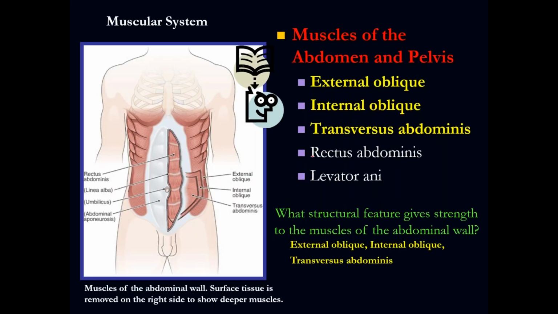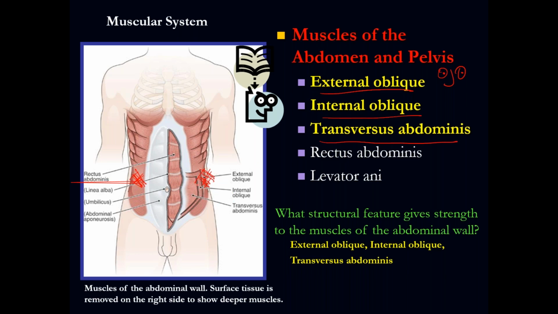Okay, so here another thing, we have a big head here. Open eyes, open ears, please. Here we have the external oblique. External oblique muscles go like this, external. Internal oblique go like this, like a crossing. But we don't care about that direction. The only thing I want you to remember is that we have the external oblique, the internal oblique, and the transversus abdominis.